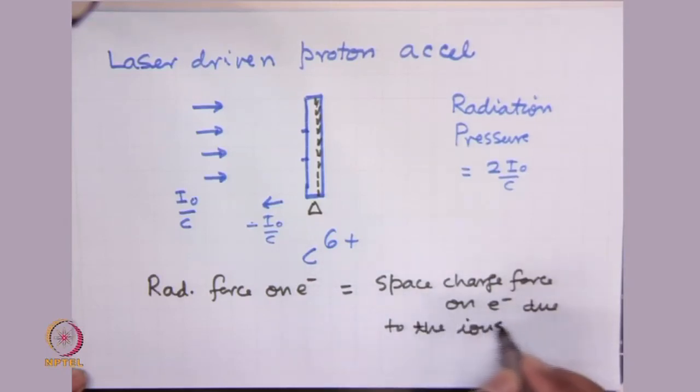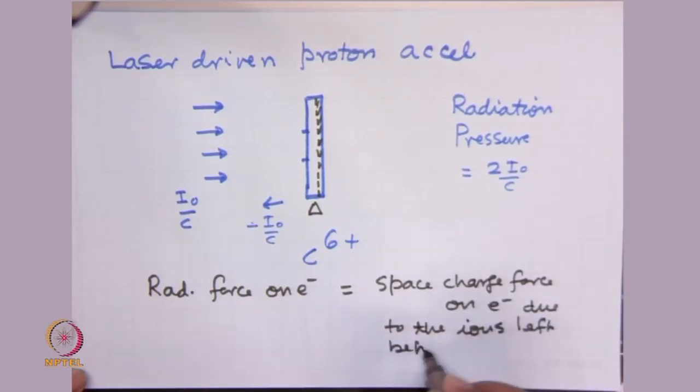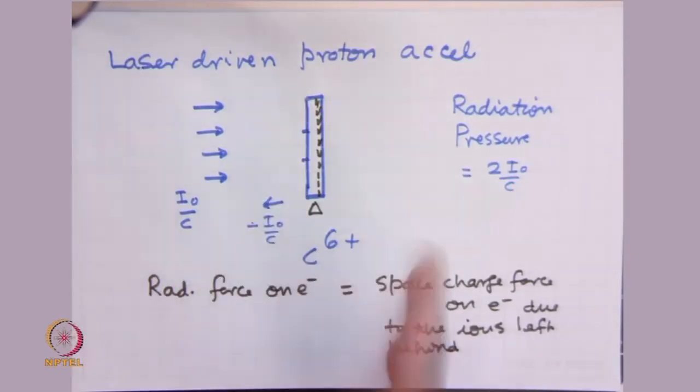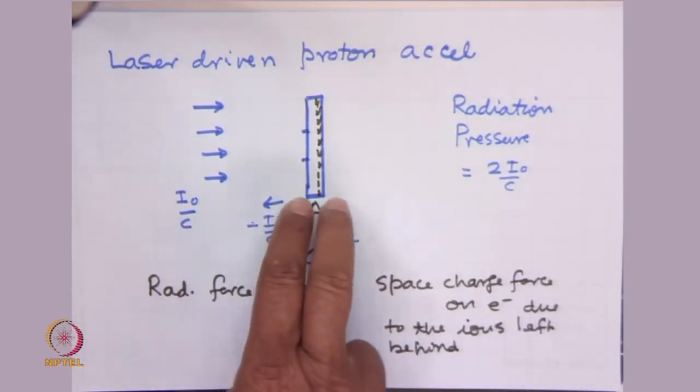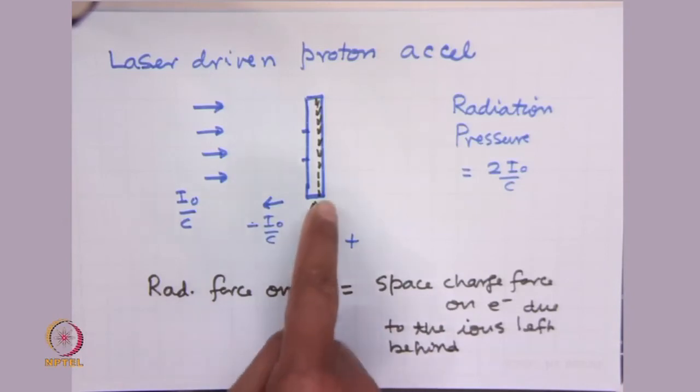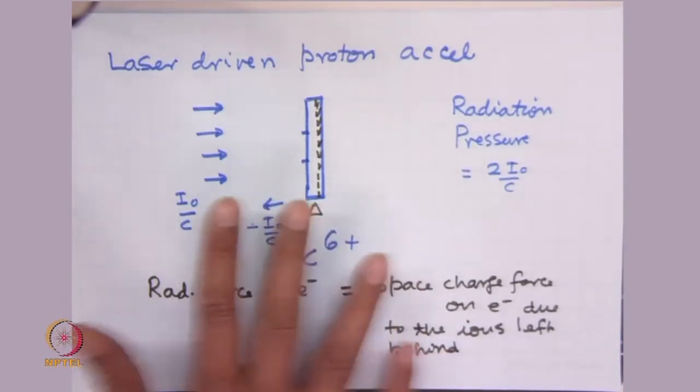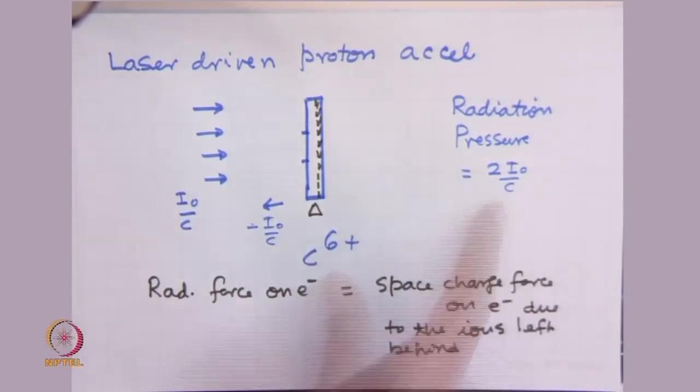And what will happen? Beyond this point, the electrons will not move. Rather, these electrons will pull the ion layer with them. So this whole thing moves as a double layer. Electron layer and ion layer form a double layer, and this entire system moves under the radiation pressure force